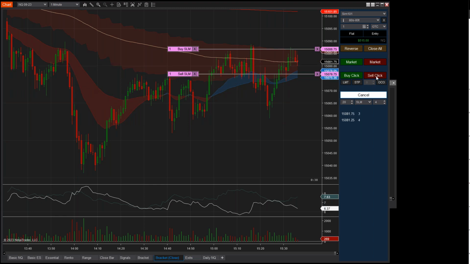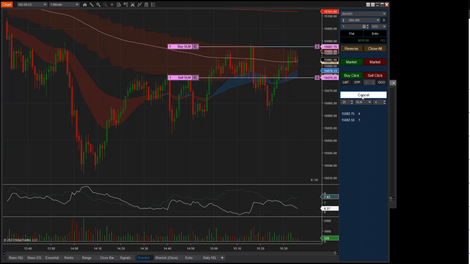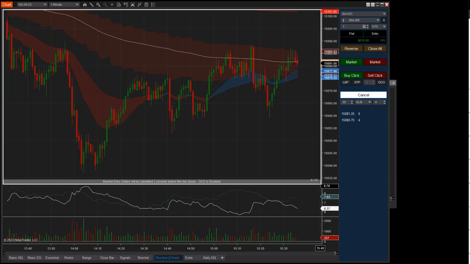Again, what's key about this is you're simplifying your trading. So now I don't have to click this button, right? I don't have to click this button to initiate the orders. Instead, even over here, it's even more simple. I just click the button and I can configure, you can set the number of seconds, right? I have it set to 2. You can do 3 seconds, 4 seconds, but I know that 2 seconds before the news event happens, my orders are going to be in and I'm ready to go.